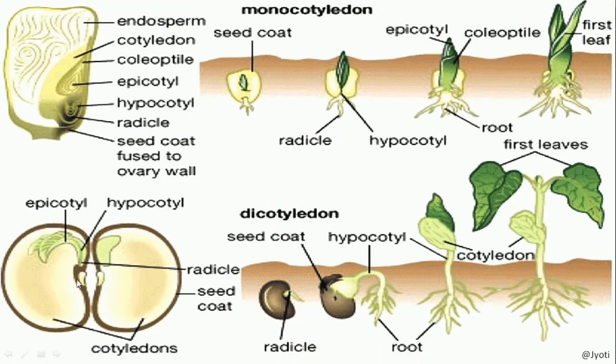But here you can see, if you take the section, first of all you will see the 2 cotyledons are there. 2 embryonic leaves are there. That's why they are dicotyledon, and that's why when the plant grows out of this, then 2 leaves are formed. So here you can see these are the cotyledons. Okay. So on either side of the young stem, 2 cotyledons are there. So that's why they are dicotyledon. So I hope why plants are monocotyledon and why plants are dicotyledon is very clear to you.